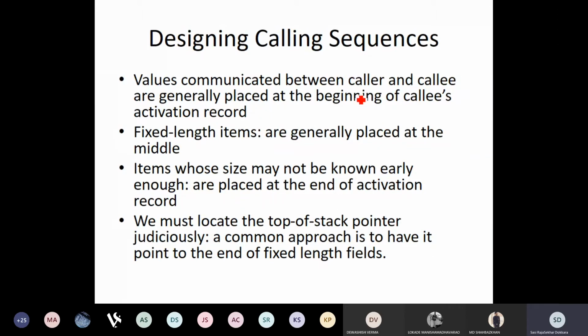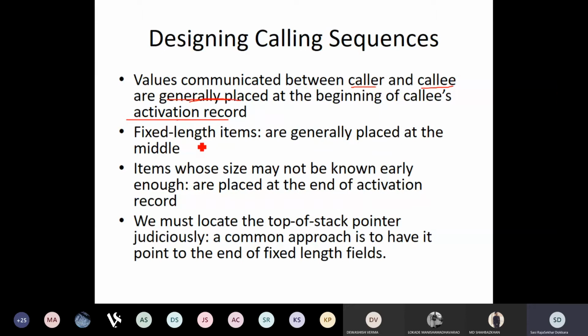One is called the caller, and the other is the callee. Certain values are communicated between the caller and callee. Where are they generally placed? The only place where they can be placed is the activation record. Which of them are placed at which place is very important.